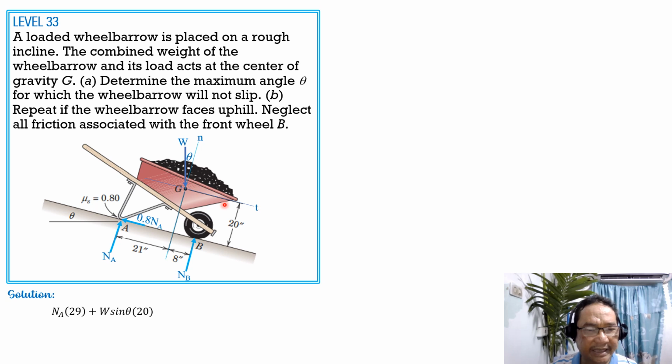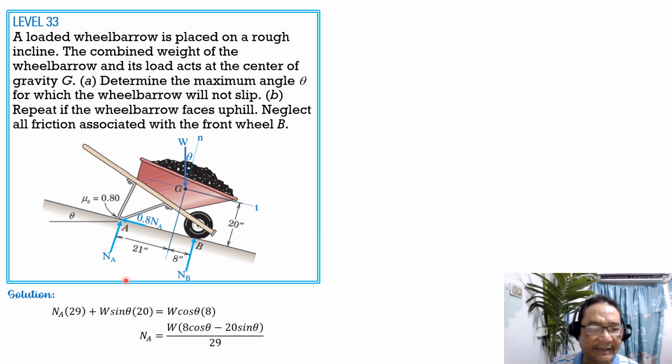Then the normal component of W, which is downward in this direction, so W cosine theta times 8. So NA equals W times quantity 8 cosine theta minus 20 sine theta